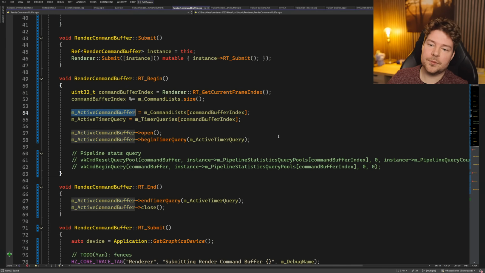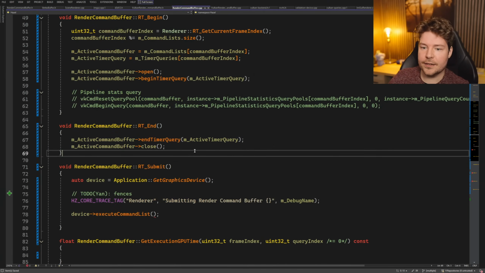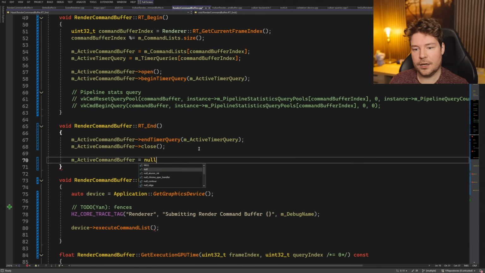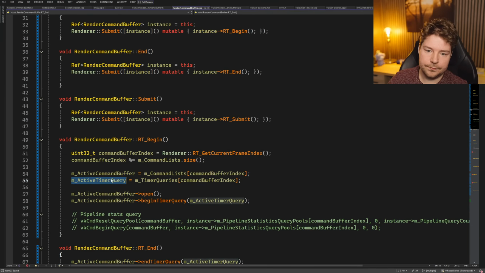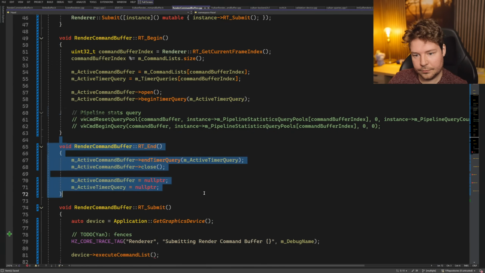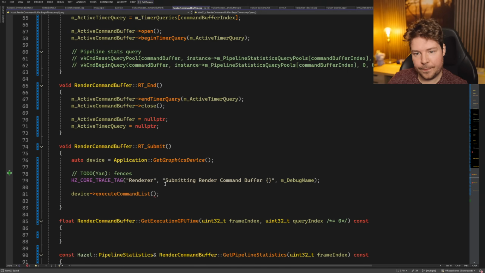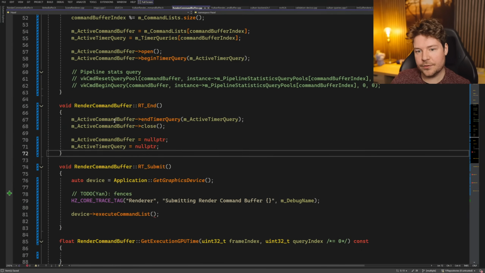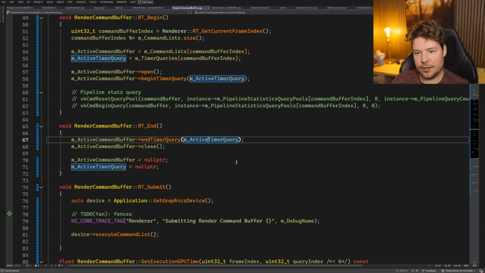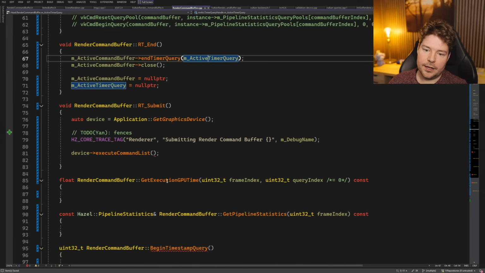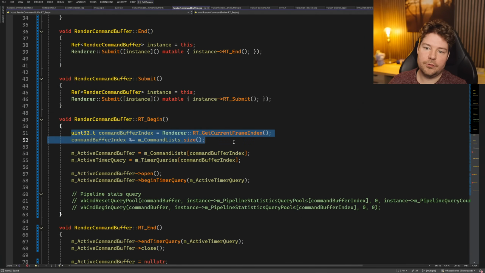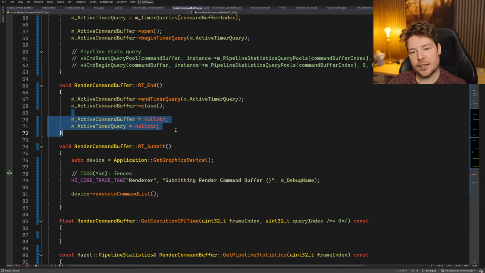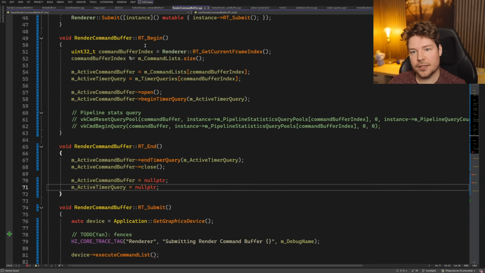So one of the things that this was supposed to do, inside end, since we end the timer query and everything, it was supposed to kind of set this stuff to null pointer. I don't know if we still want to do that, but that just means that we don't have any that are currently active because we've closed them here and ended the timer query as well. So if we actually want to know which one we are supposed to be submitting, then it's the, I don't know if this is necessary though. There's no real reason. I mean, it makes sense because this just makes sure that